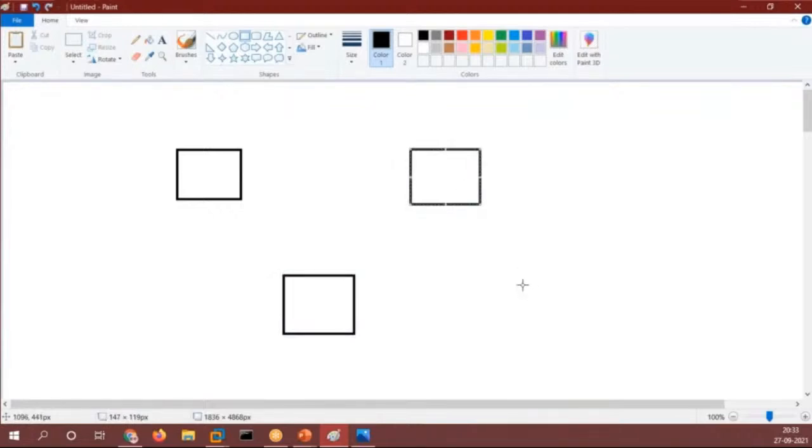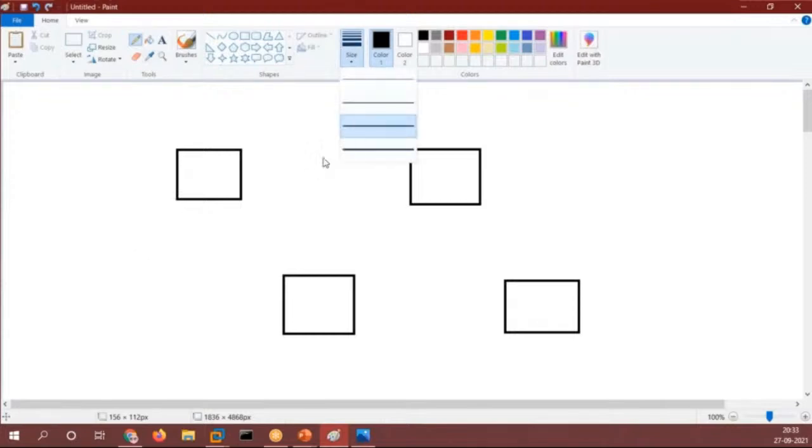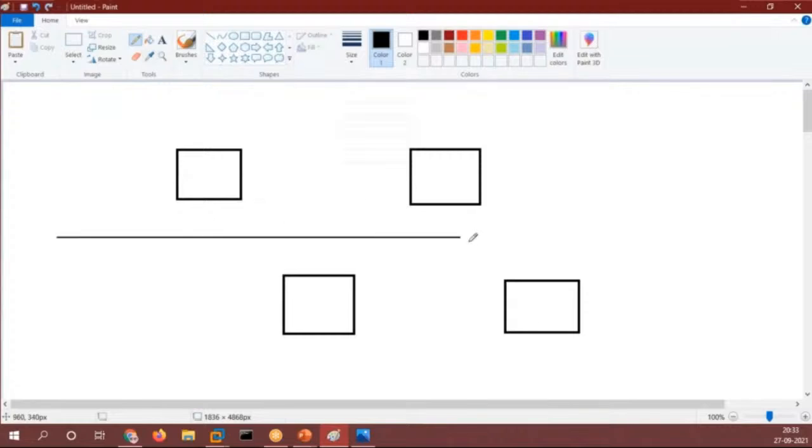These are the four devices, let's say, right? Now, what do we have, guys? We have this cable, and these are the PCs that are connected to this cable.